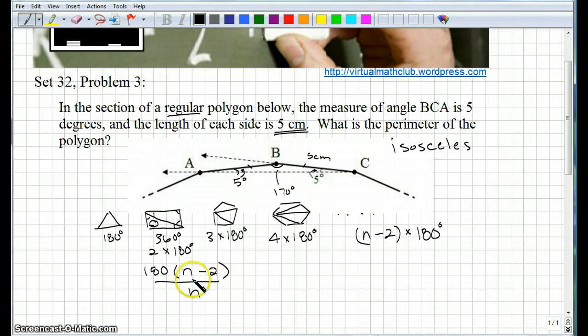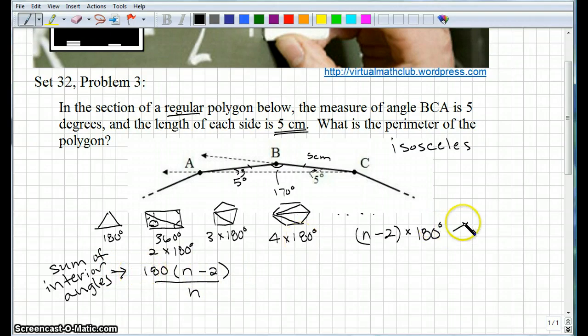So if I want to find the number of degrees in one interior angle, this is the sum of the interior angles, and if I divide it by n, then I'll get